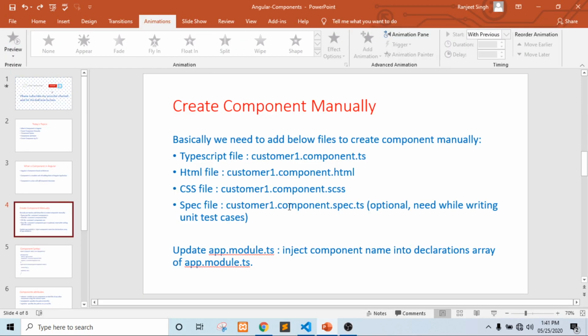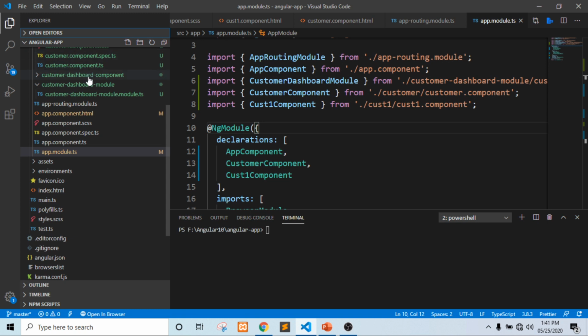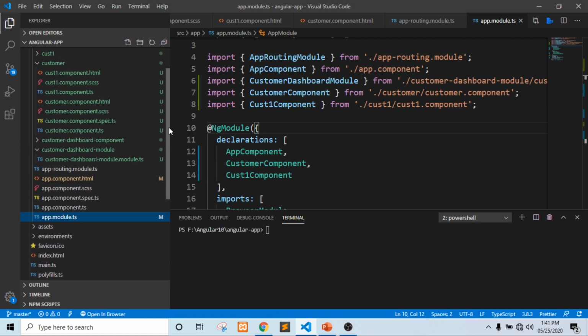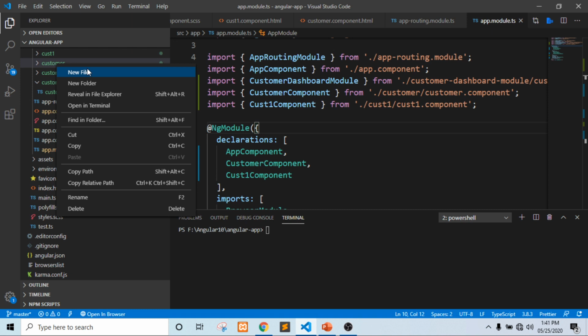Now we will see in the code editor how we can create a component manually. In Visual Studio Code, we are going to create a customer1 component. I have already created one customer folder. I will right click on this, and we can create a new file or new folder, whatever we want. In large and complex applications, there will be different modules and different folder structures, so there will be a well-defined architecture.